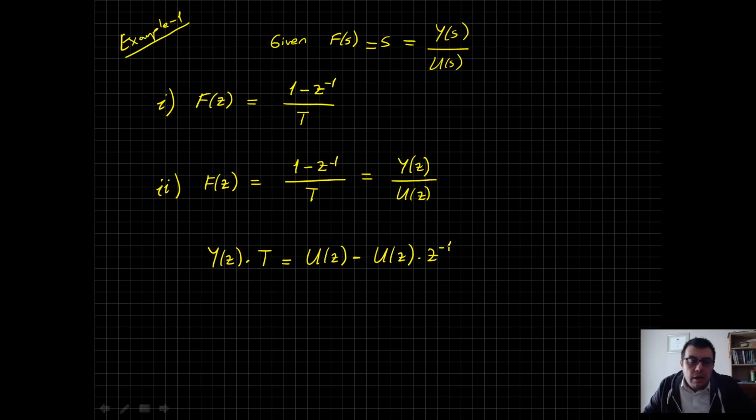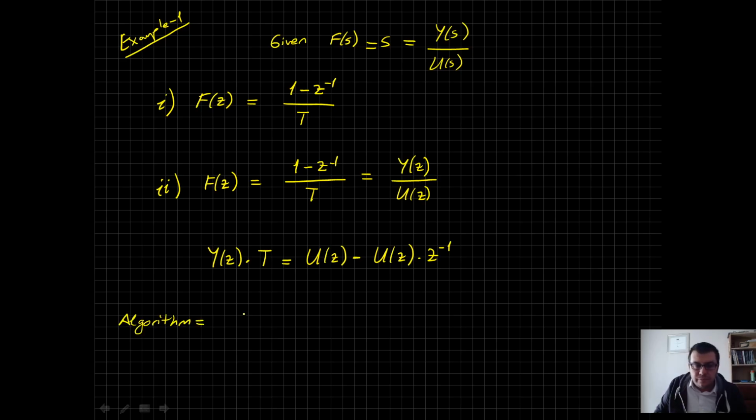So if you have a look here, this z to the minus 1 item, that multiplier, was referring to unit step delay, right? So here I have the function itself, and here I have the function's one step delayed version. So if you move to discrete implementation, you can write here that the algorithm